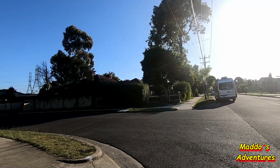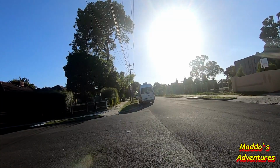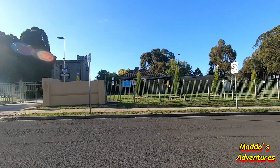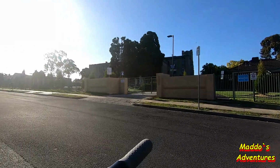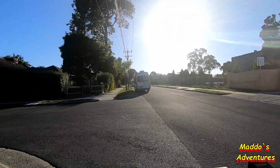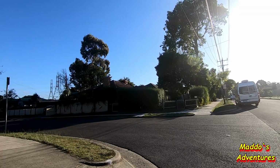I did actually come down this way once before, quite a few years ago, just by chance on my way from work. There was an accident on the ring road, way over, and traffic as usual turns to gridlock. So I thought, oh, I'll sneak my way around. I'll come back this way. I actually rode right past it because I didn't recognise anything. Yeah. So there's the old house there. They put up the fence. Sadly,